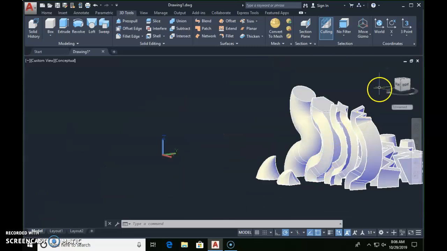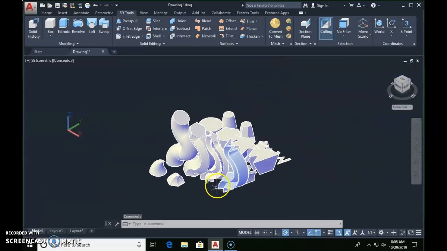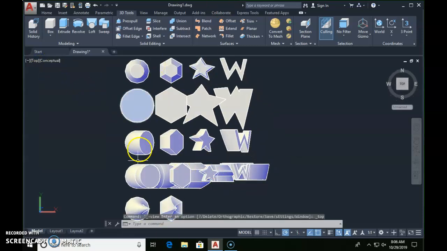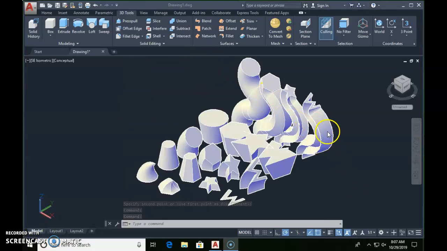Now, last thing I want you to do is always, we're going to put these in an isometric view. But with these, like this, I really got it so I can't see those real well. What I want you to do is go to the top view and rearrange these so they look a little bit better. I'll show you that here in a second. Okay, you see I put the really curved ones in the back. The outside taper one's here, the next one's here, and